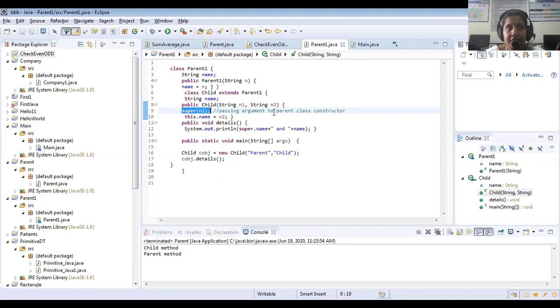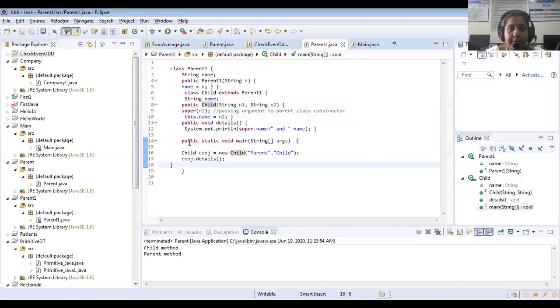This is the constructor we discussed yesterday. In inheritance, how are we using it? What keyword, what method should you use? I told you, super(). So if you use super(), even though it is under the child class constructor, it will call the parent class constructor only.